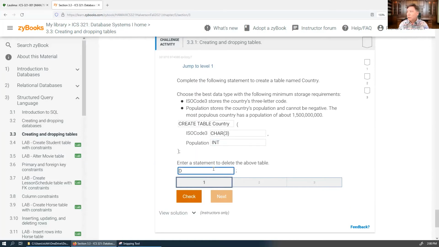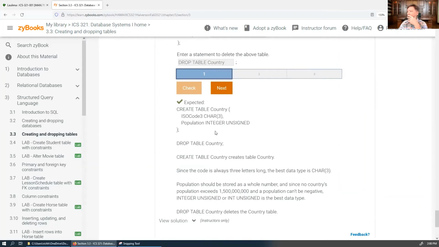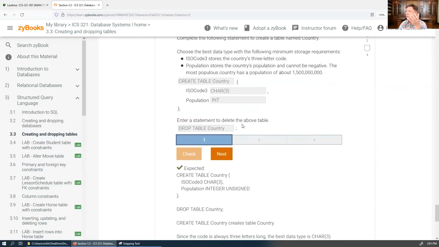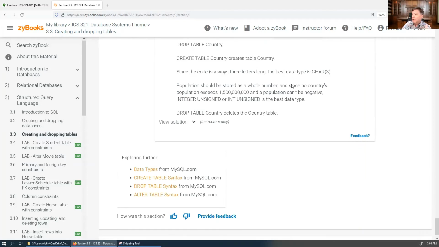Drop table country. Now watch this not be right. Oh, amazing. Uh-oh, I didn't get that right. Oh, but it gave it to me anyway. I didn't say unsigned, but it gave me the points even though I didn't get it right. Huh. I guess it just lost patience with me. All right, well, anyway,